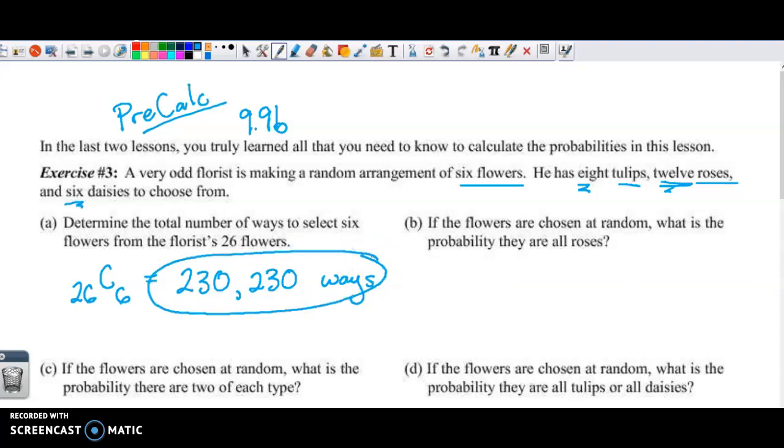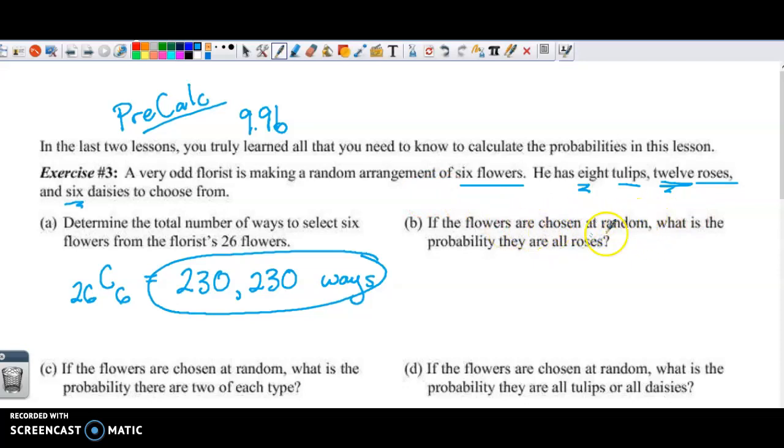But I hesitate to say always use a combination, because we could easily come up with a problem where the order matters. For instance, well, this is probably a bad example, but if we're trying to select where the order did matter, like different ways that you can get first place, second place, third place, it doesn't really pertain to this question. But anyway,